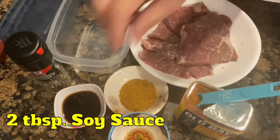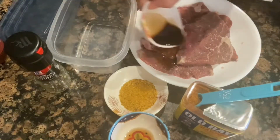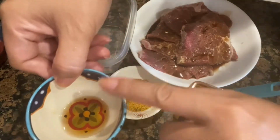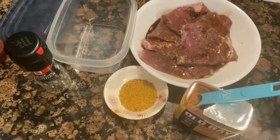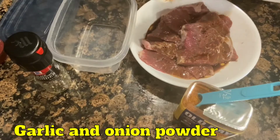First, we will marinate the meat with 2 tablespoons of soy sauce, then add 1 tablespoon of sesame oil, add 2 tablespoons of garlic and onion powder,